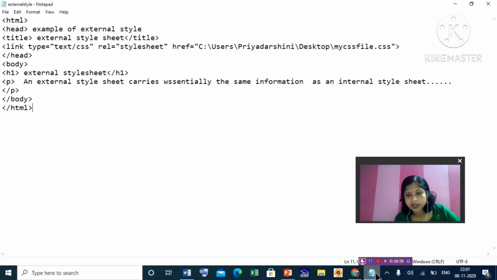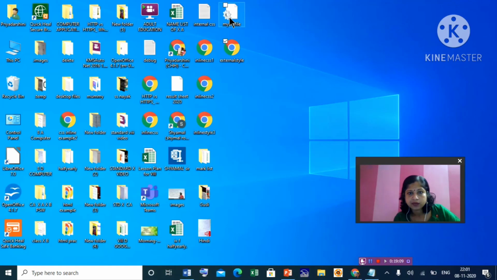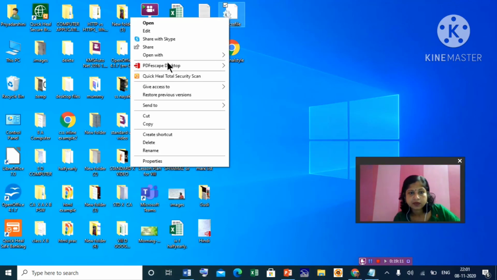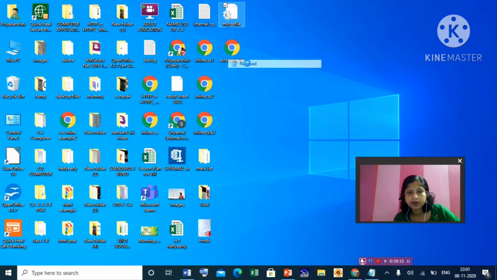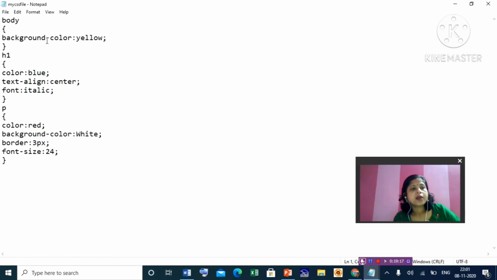I'm just opening this external style sheet. This is the HTML file. Just see the style. Background color we have assigned yellow. H1 color blue, text align center, font italic.